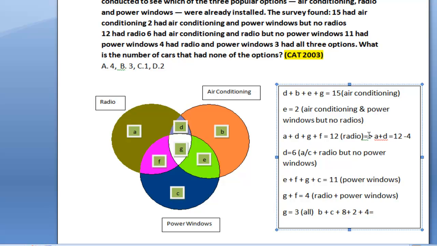We can find out the value of B quite easily, because the total of the set that is given here for air conditioning is 15. So we have the value of E as 2 and G as 3. So this is 10, this is 5 in itself. So D plus B would be, D is 6, so 6 plus, so I can find out the value of B simply here by substituting 6 here. F and G, the value could be 5, so I am having a value of 11. So the value of B is 4, so I can substitute the value of B to be 4 here,